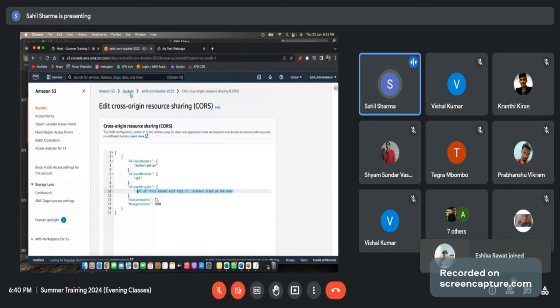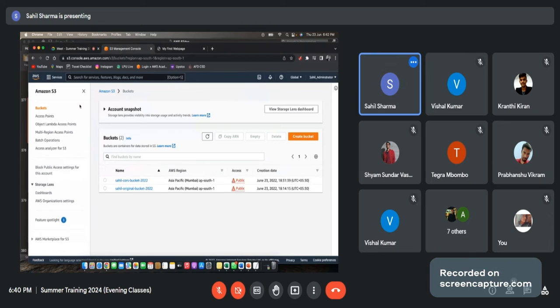So before this, the extra page is not loaded here. S3 bucket,